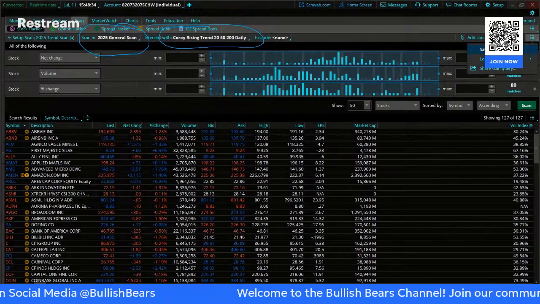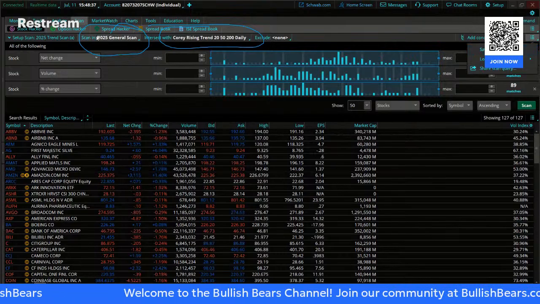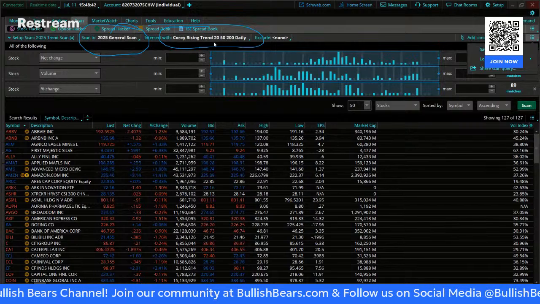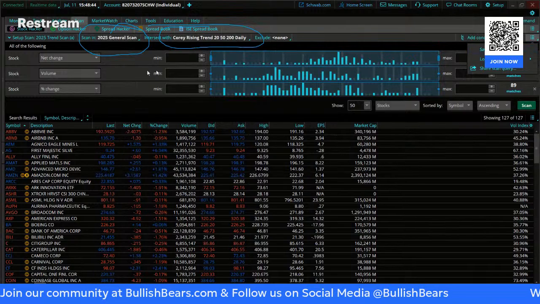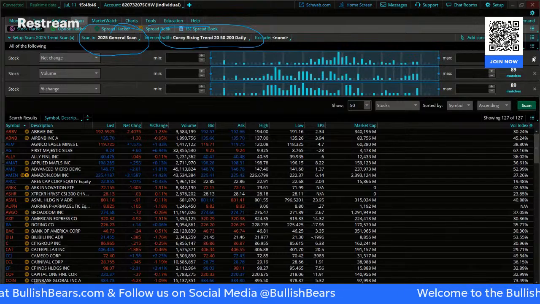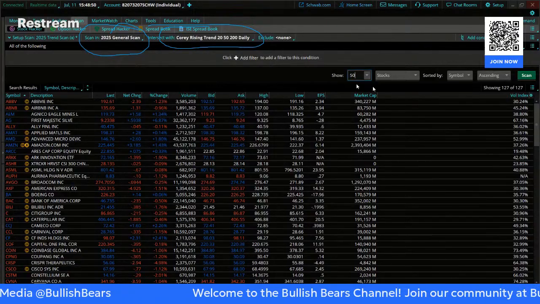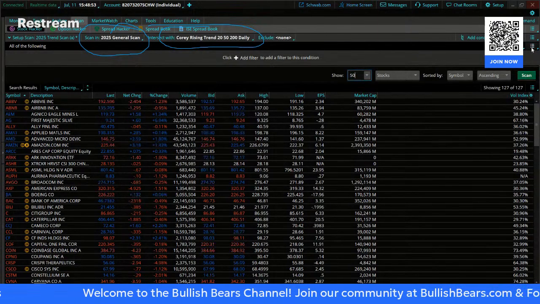So after you have those two scans, you'll set it up like this. The first one scans the general scan. You intersect that with Corey's rising trend. And then mine has these three boxes, but I'm not using them. Once you have those two, you're good, and you can just hit scan